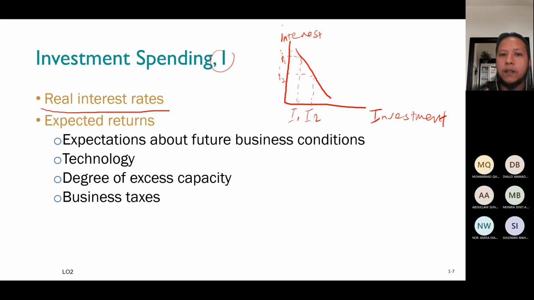So this is real interest rate. Usually during times of low interest rate, you can see a very high level of investment. And we saw last week, this is because when businesses want to invest in something, they will look at the factor of what is the expected return